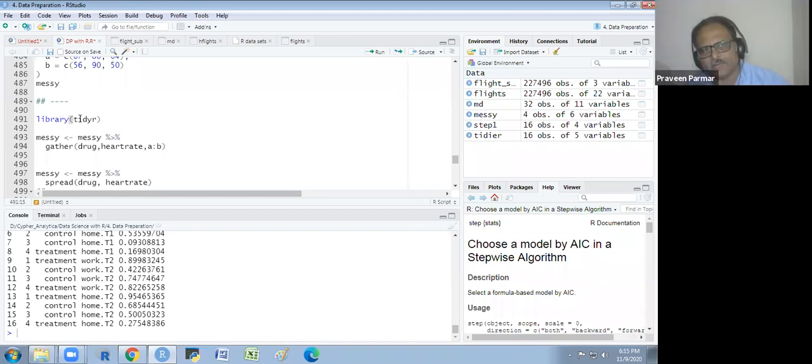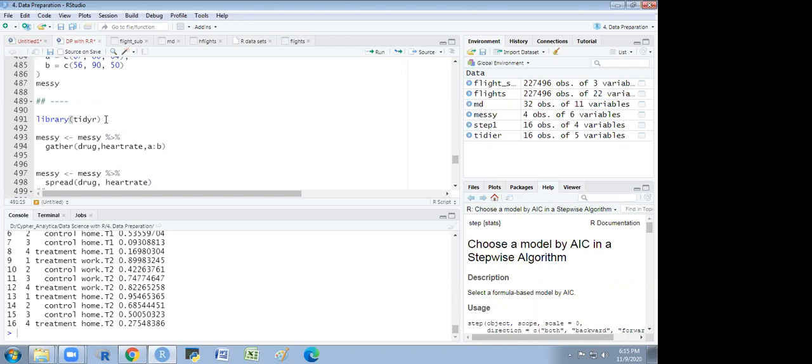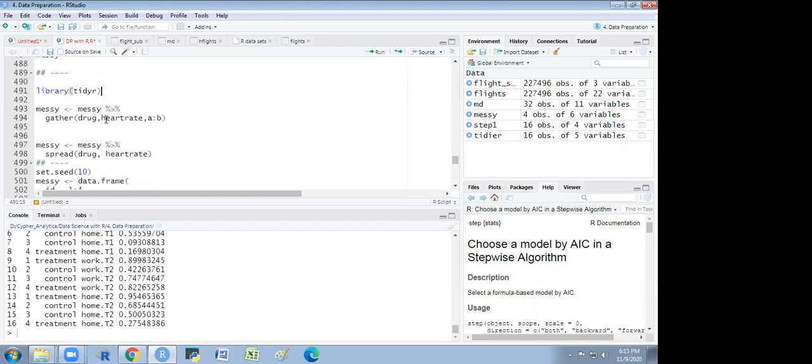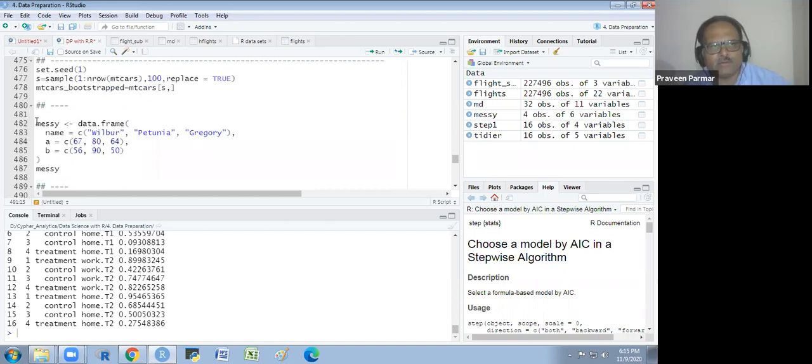You have to write library(tidyr). Yes, I have done it. It's saying error: can't subset columns that don't exist. Column A doesn't exist.